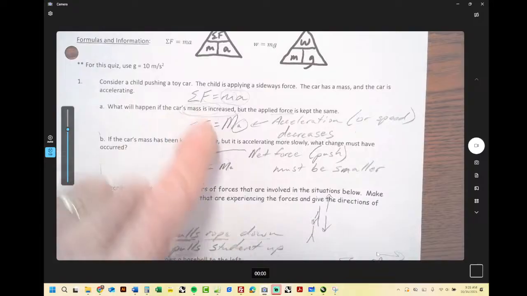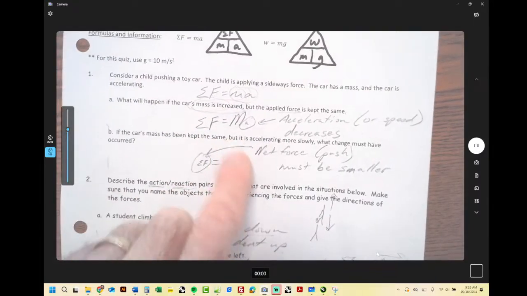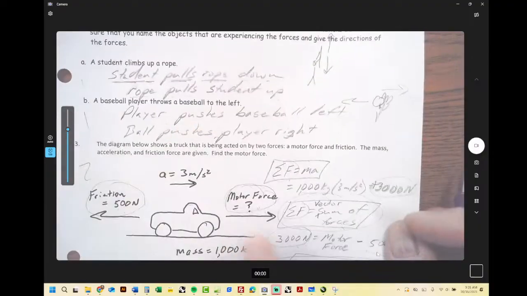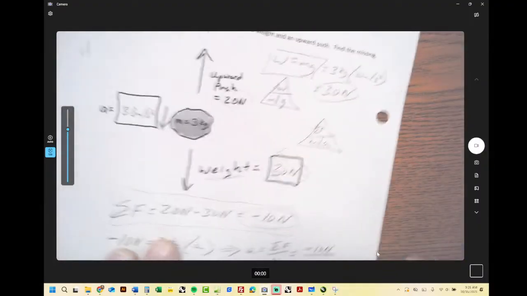So the retake for this quiz will have the same kind of format. It's going to have some pretty easy questions. I think most people got these right. And then some of these, and then 3 force problems. The last one you'll have